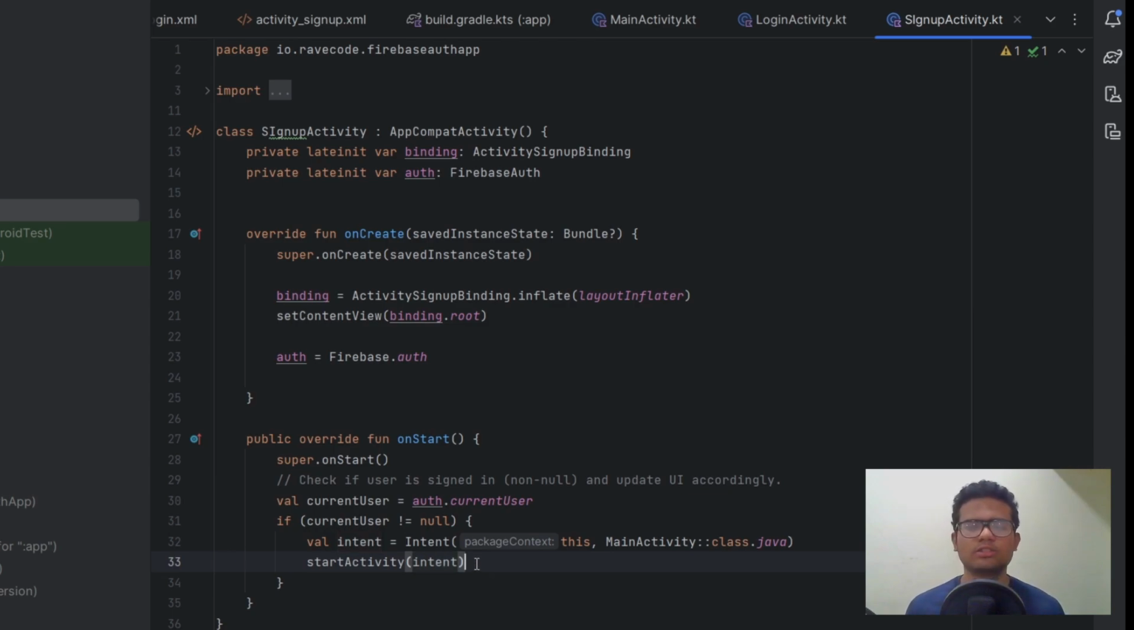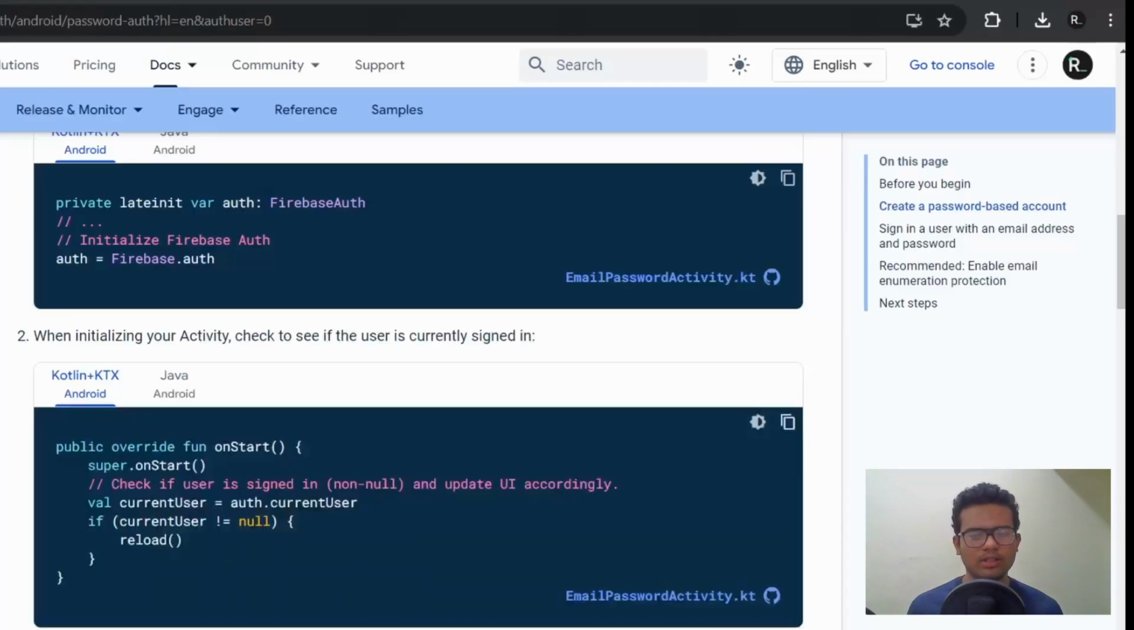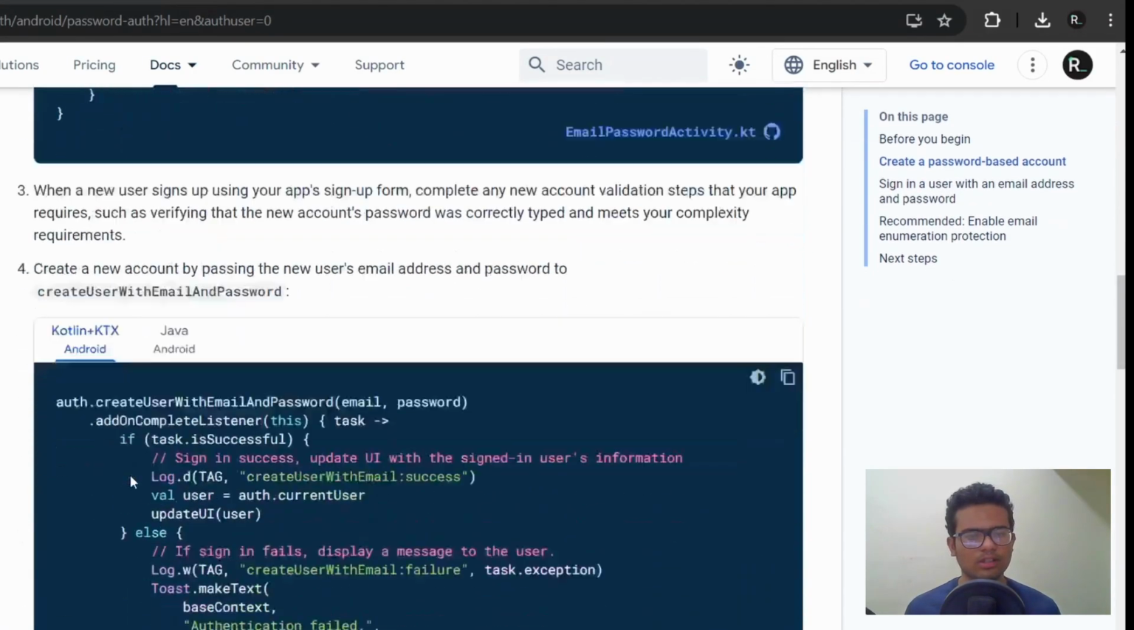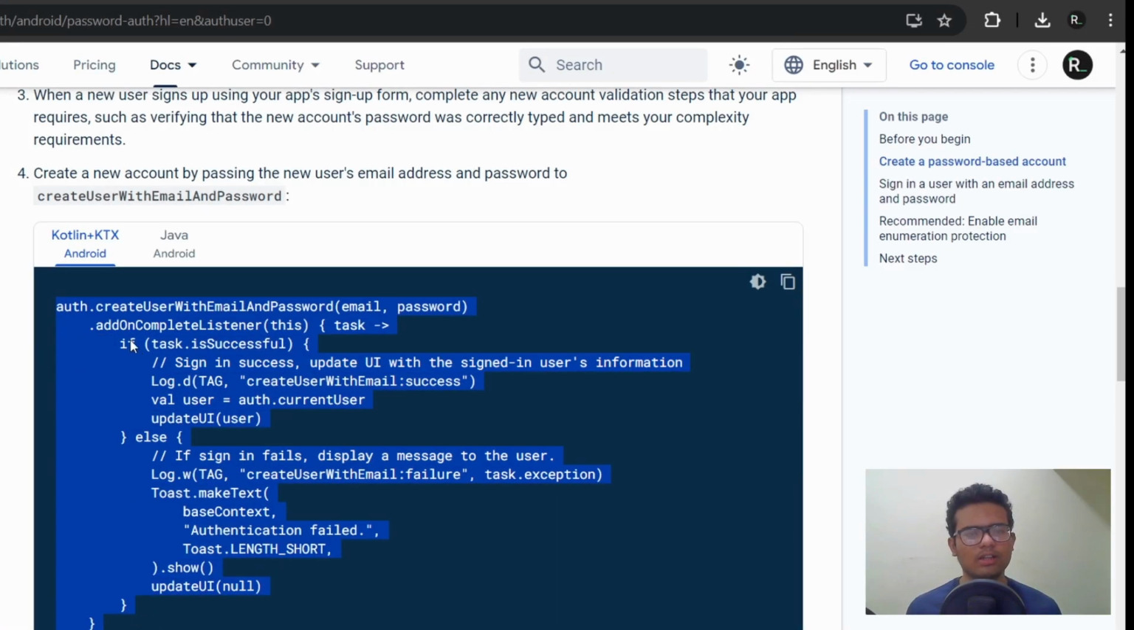If you know, intent is used to move a user to the next activity. There actually you can move data as well. Now this will help you move to the next activity. The context as this means sign up activity to main activity dot class, and we start the activity, start this intent using this function. Okay, now let's open again the documentation,